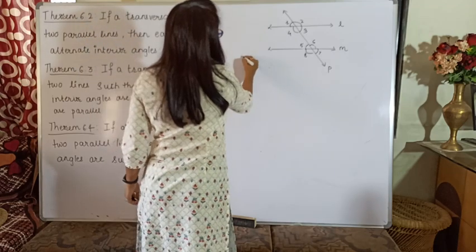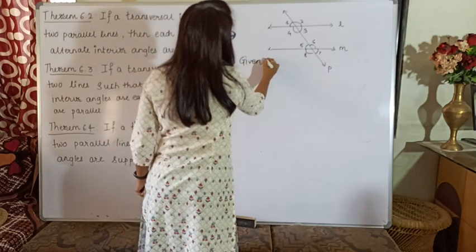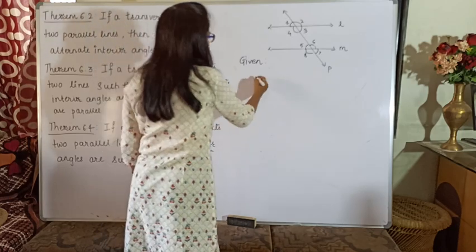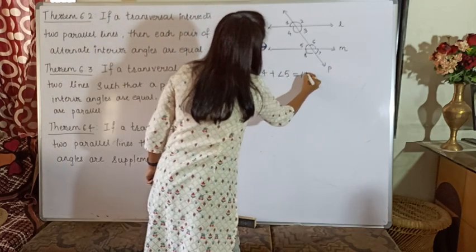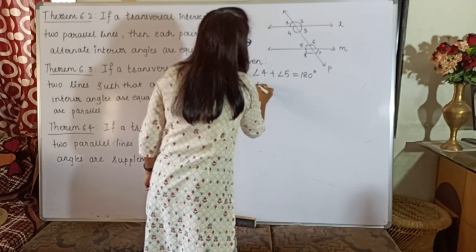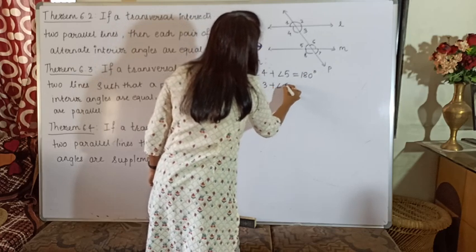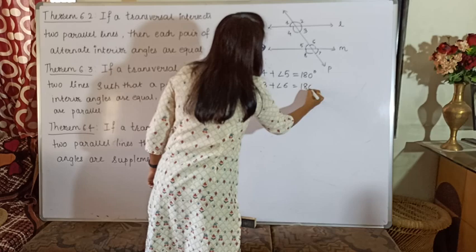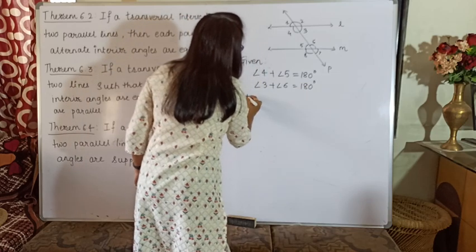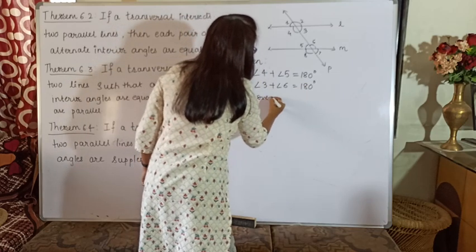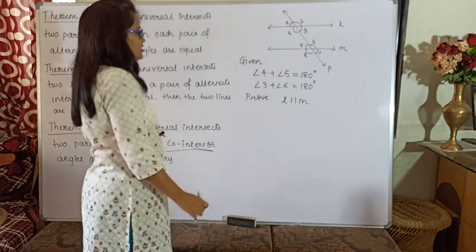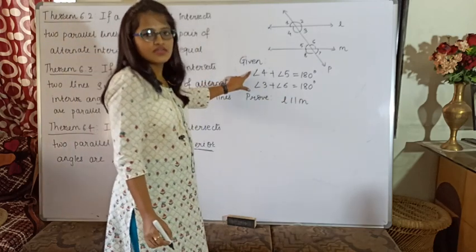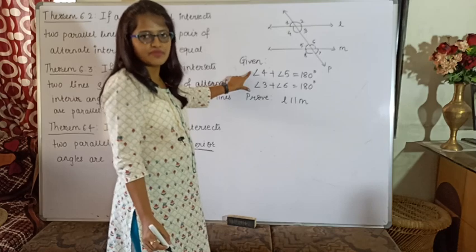So what is my given information here? Whatever was to be proved in my previous theorem, the one which we have proved: angle 4 plus angle 5 is already 180 degrees, or angle 3 plus angle 6 is also equal to 180 degrees, and you have to prove L is parallel to M. Okay, so taking the co-interior angles as supplementary, you have to put